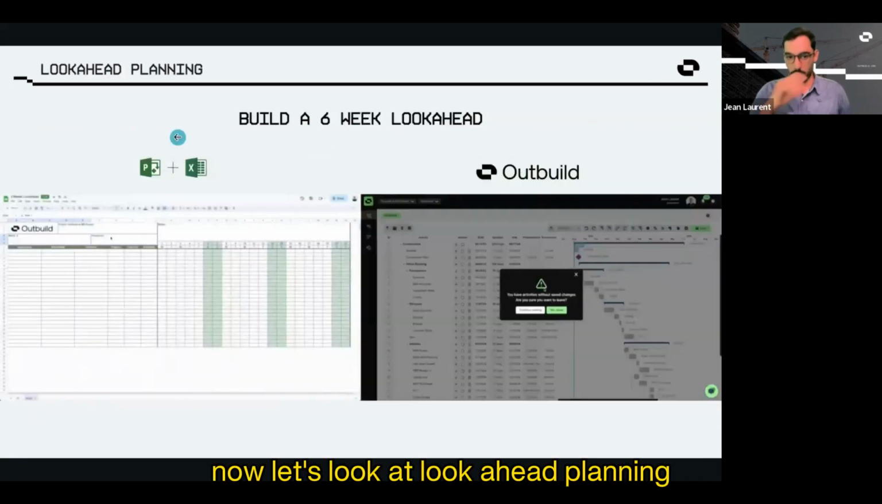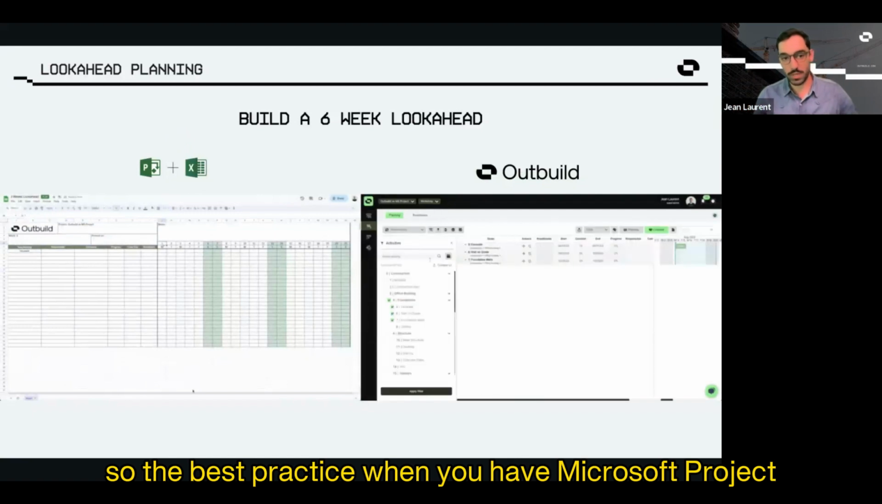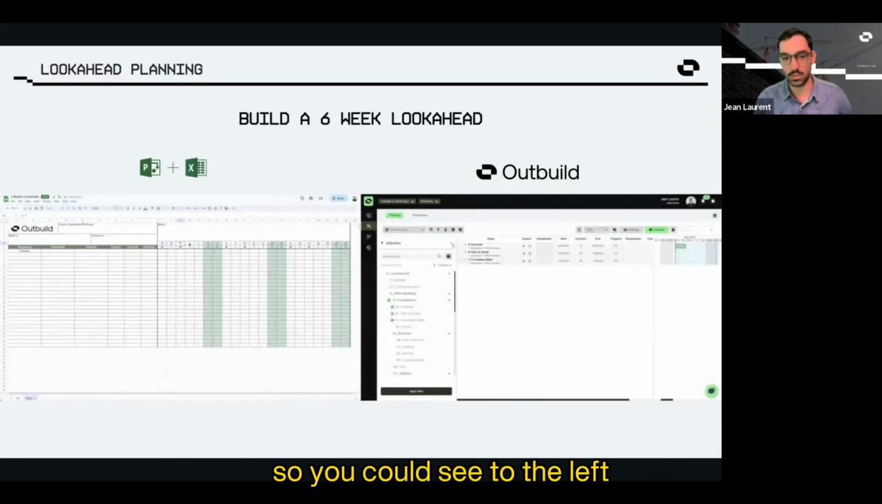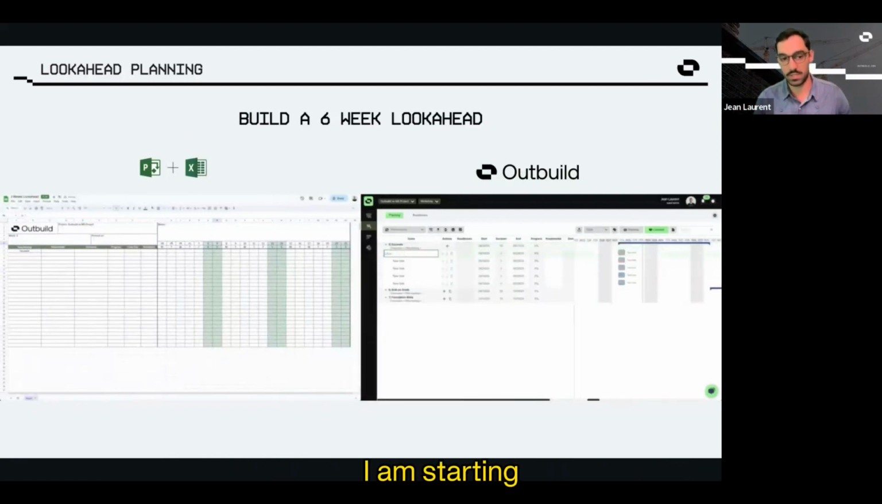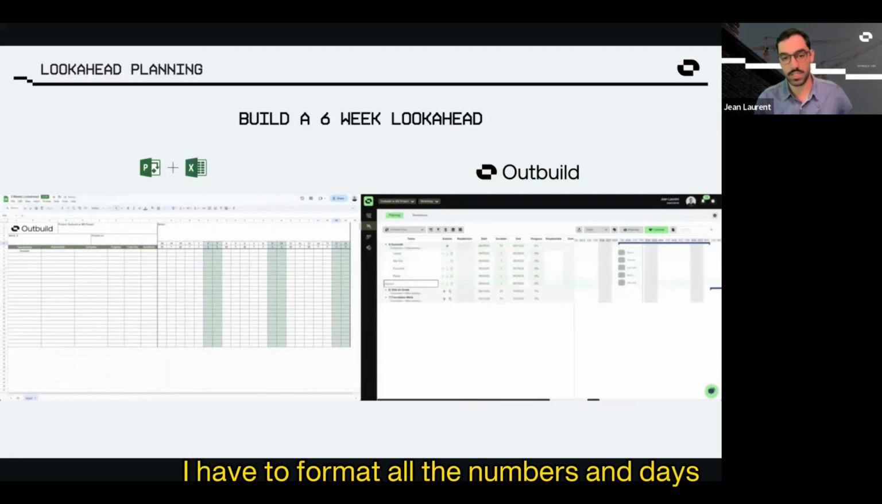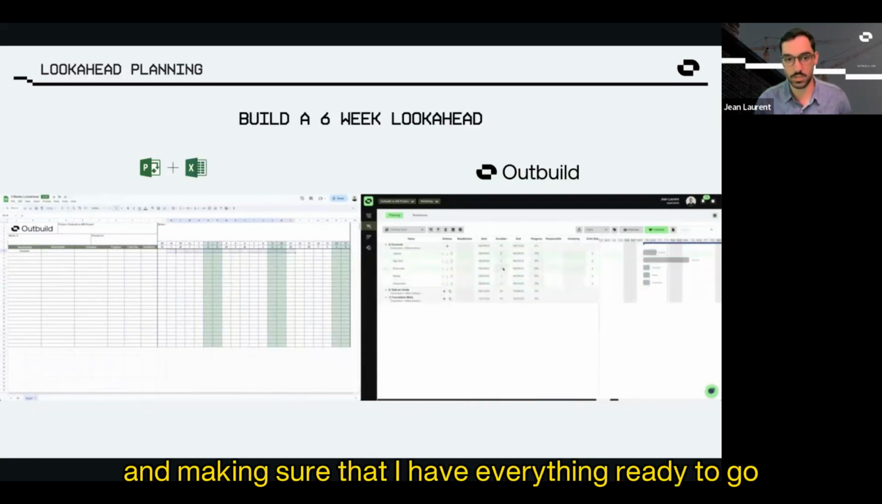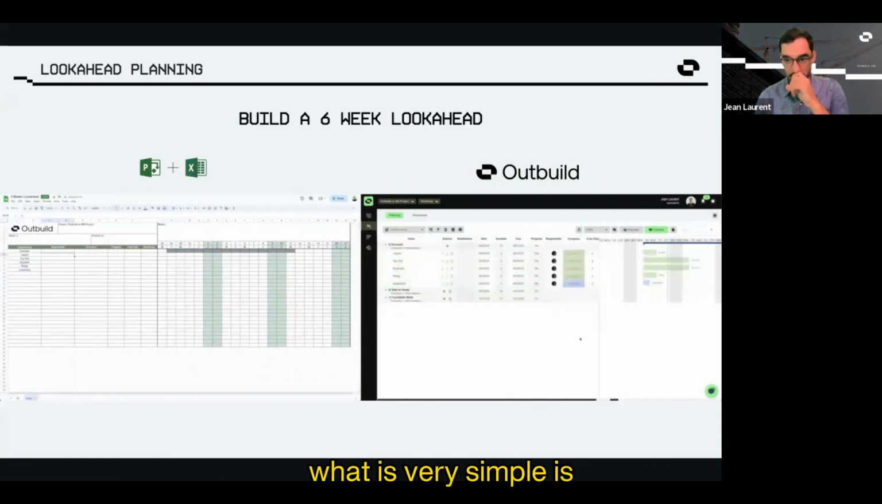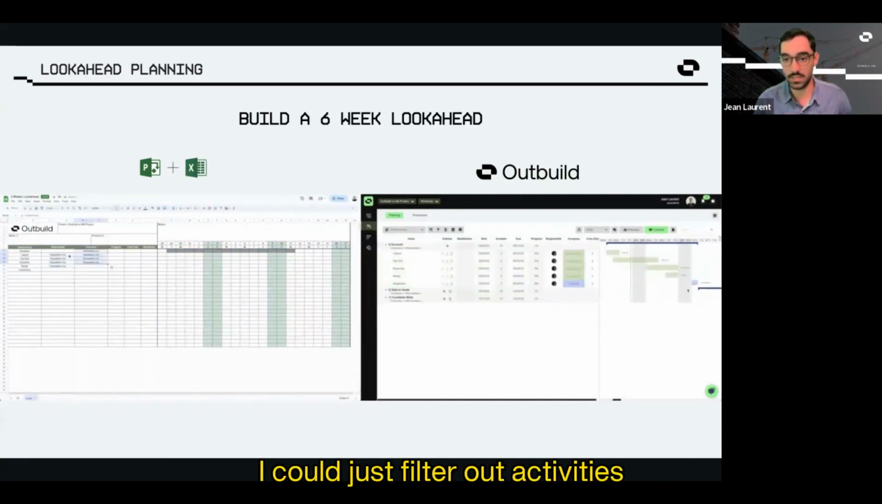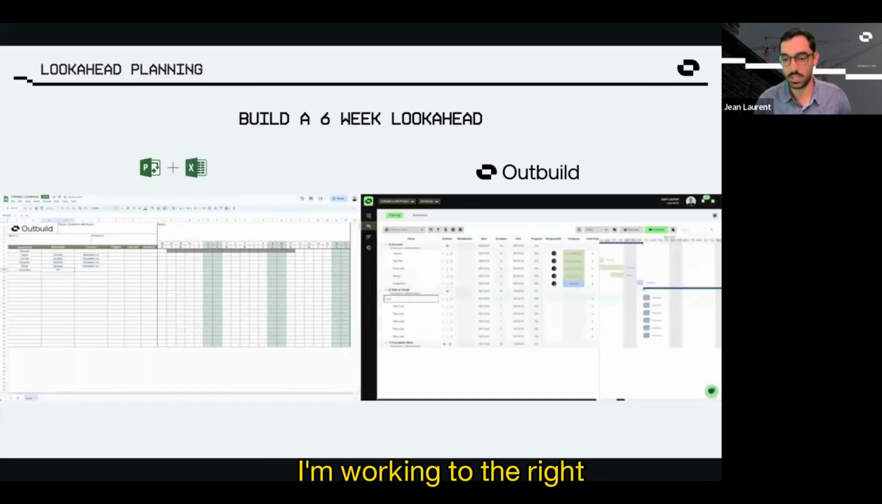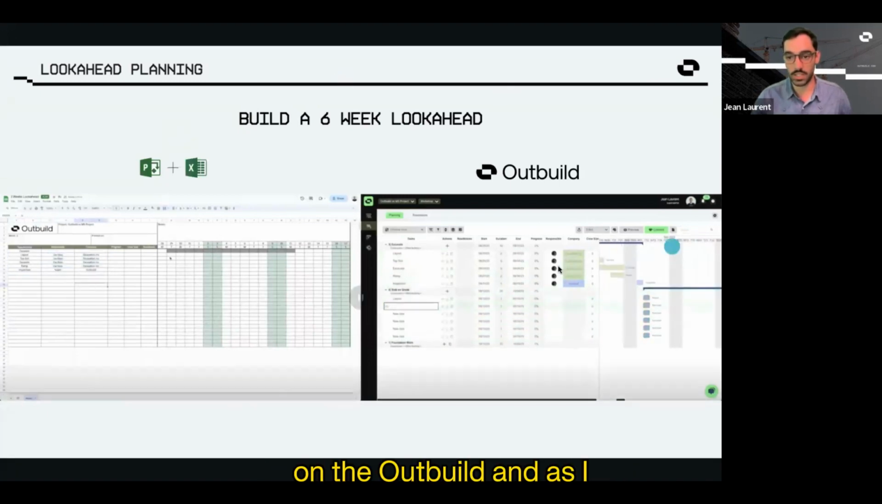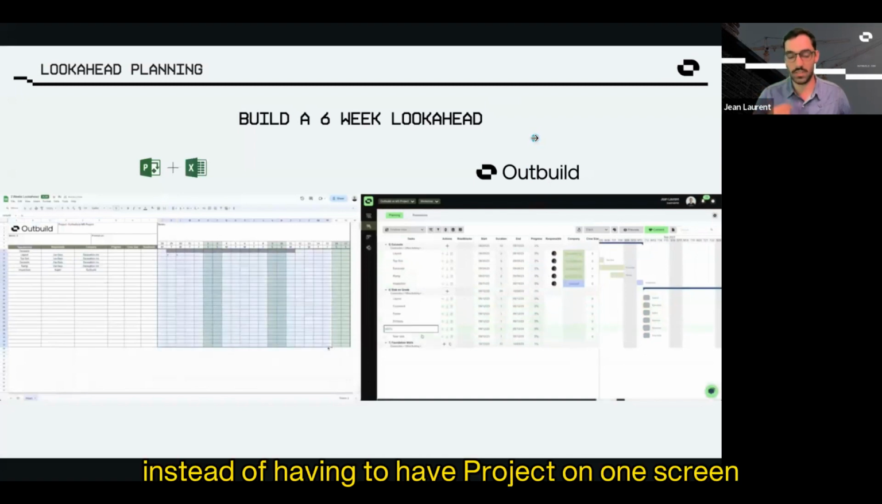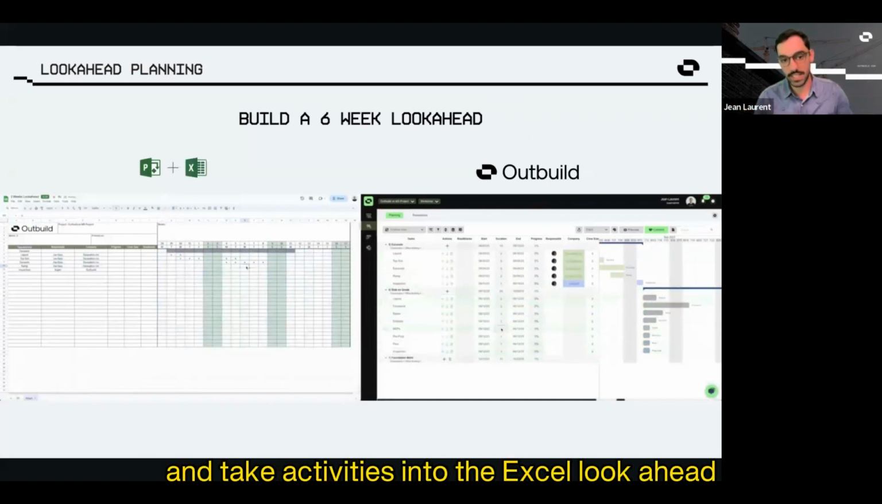Now let's look at look-ahead planning. So the best practice when you have Microsoft Project is to use an Excel spreadsheet. So you could see to the left, I have to format all the numbers and days in the Excel spreadsheet and making sure that I have everything ready to go. To the right in Outbuild, what is very simple is I could just filter out activities directly from my schedule. As you could see, I'm working to the right on the Outbuild. And instead of having to have Project on one screen and Excel on the other one and take activities into